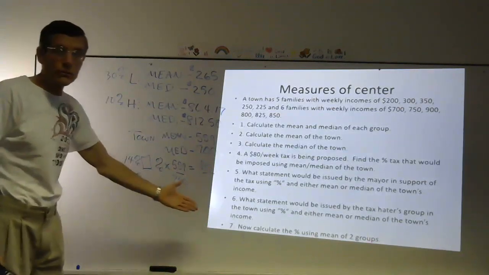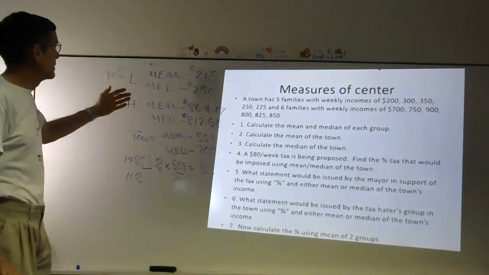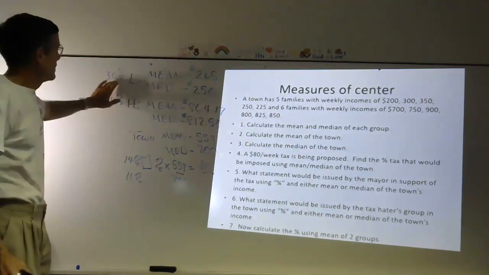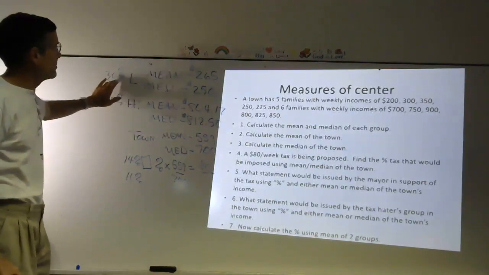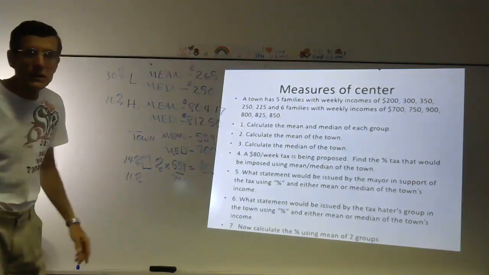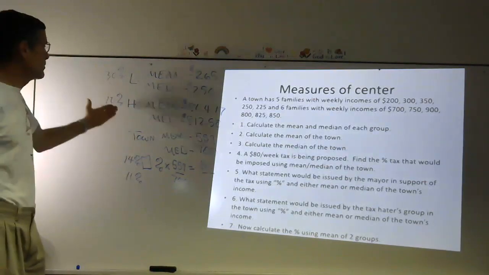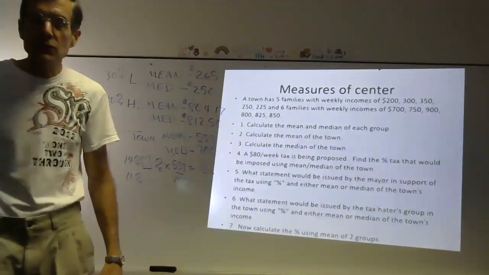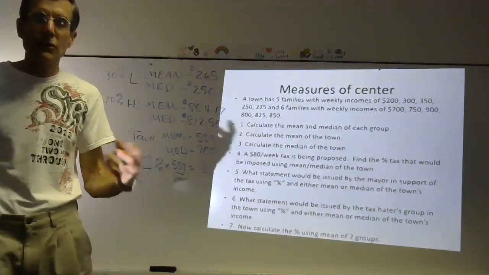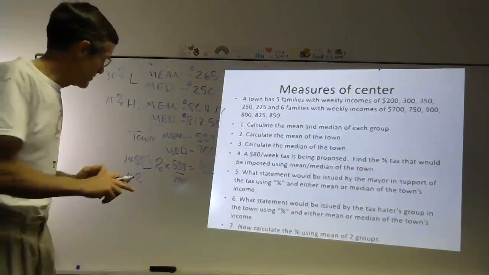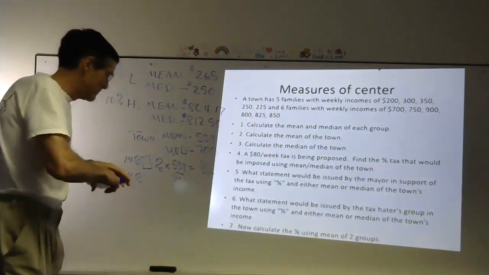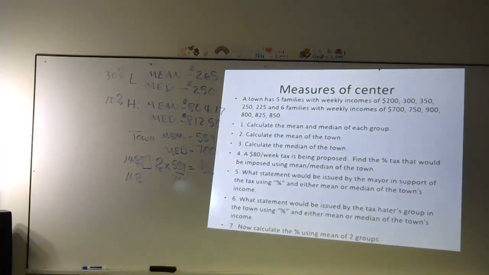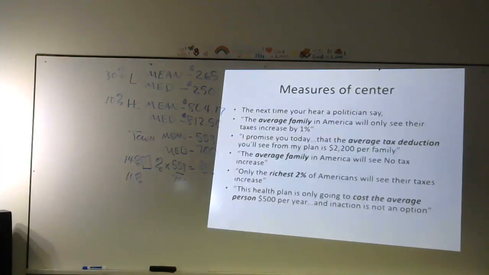Whereas the tax hater group could say something like, are you kidding me? Are you really kidding me? The $80 could work out to be a 30% tax on the mean of lower income folks. 30%, 10%. Who's telling the truth? They both are. They're both telling the truth, but they're using different terms. Okay? Oh, is this great stuff or what? Oh, my word. Oh, yes, one of those days when I should have charged admission to class.